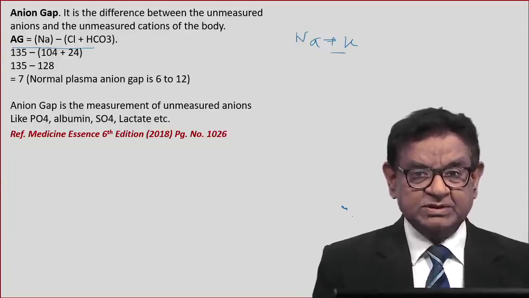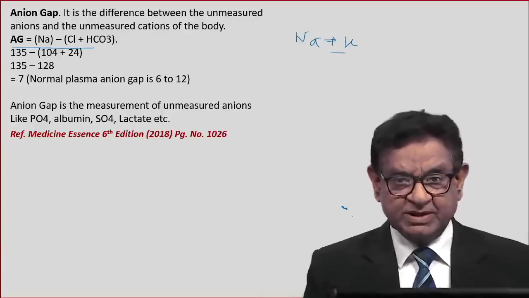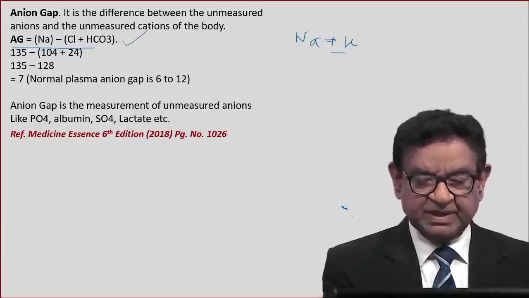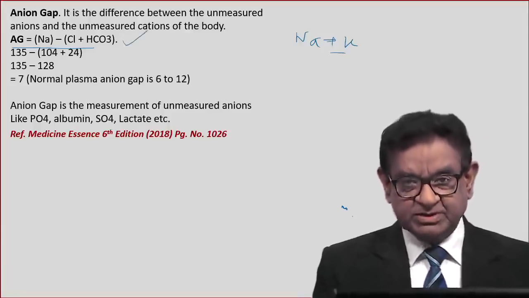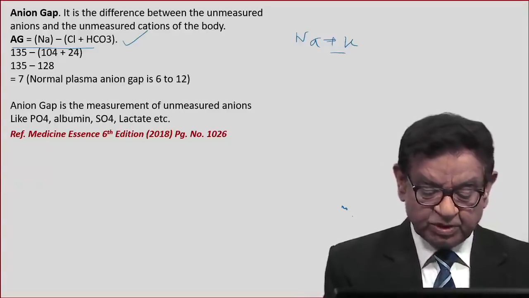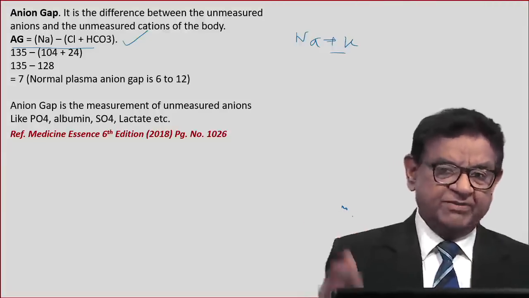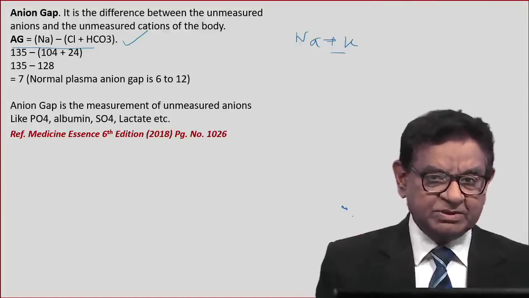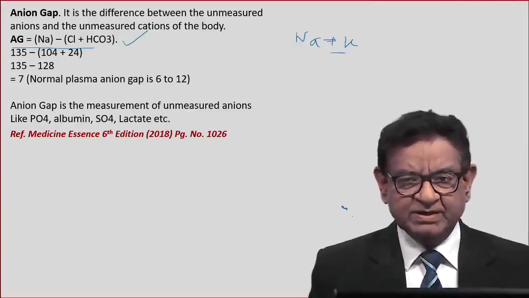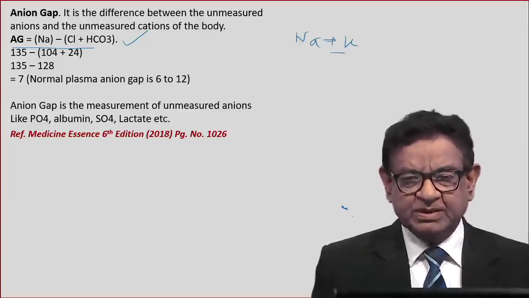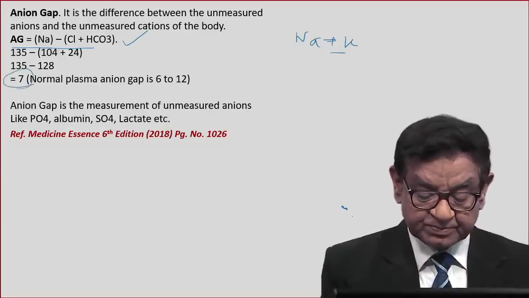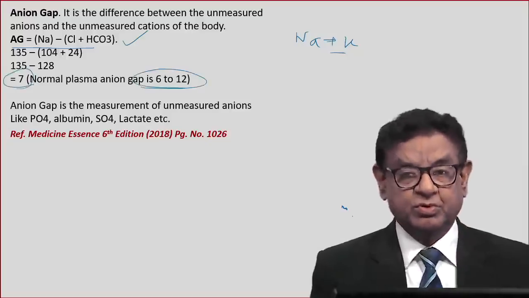Why am I saying this? Because some of you may say, though I read in that book or in that guide, they have taken sodium plus potassium. Don't take that. This is the best answer as per the latest Harrison. So with this background, removing some of your confusion, 135 is sodium, chloride is 104, bicarb 24. I am taking average figures. We know very well bicarb is 22 to 28, and sodium is 135 to 145. So I have taken just an average for the general calculation. For this calculation, the anion gap comes out to be 7. A normal anion gap is 6 to 12.